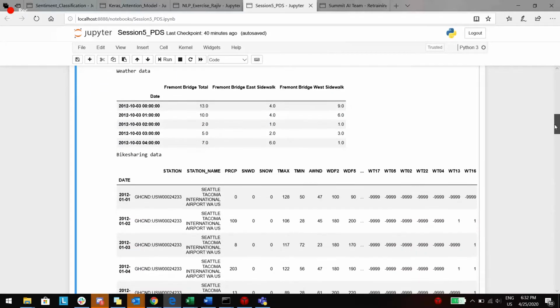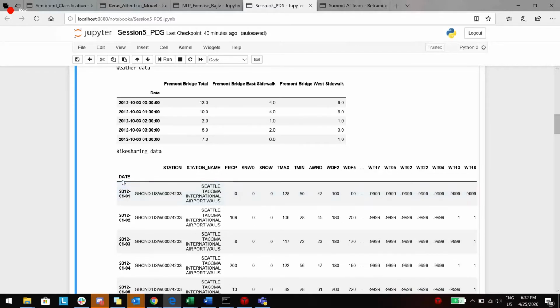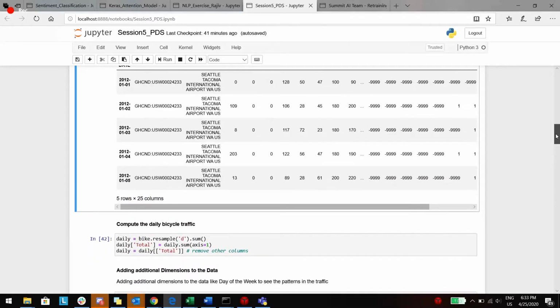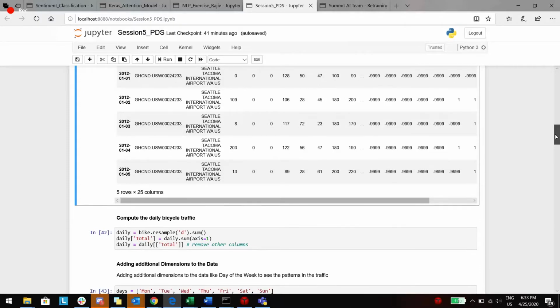Even for the bike sharing data, the index column is the date, in bold, and these are the parameters: the station name, the precipitation level, is there any snow, the maximum and minimum temperature, the wind velocity, etc. So this is the first thing you need to do while loading data for the first time.